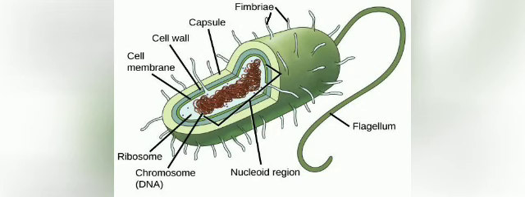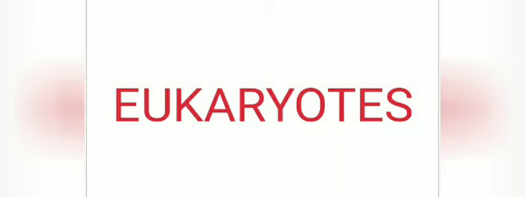Right? Pro means primitive or primary. Karyote means what? Nucleus. And those organisms which lack what? Nuclear membrane are known as prokaryotes. And what about those organisms which have a nuclear membrane? What do we call them? Such organisms with cells having a nuclear membrane are known as eukaryotes. And eukaryotes, they are the advanced cells.